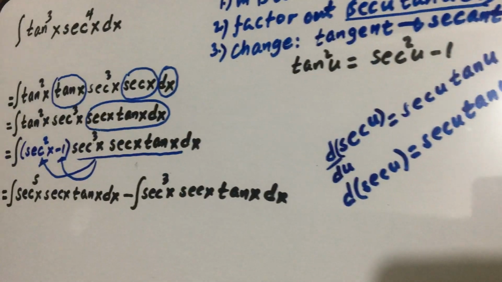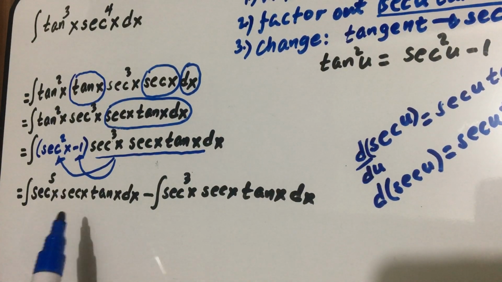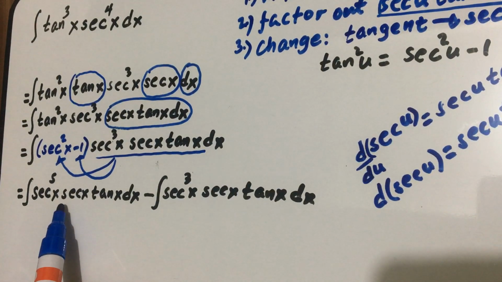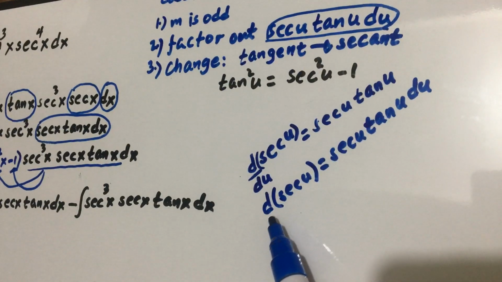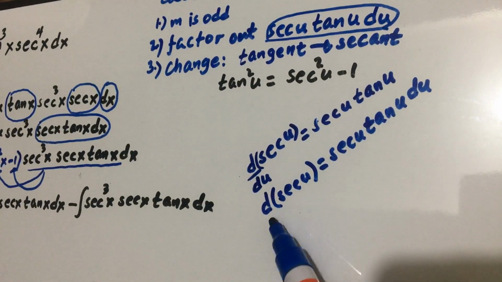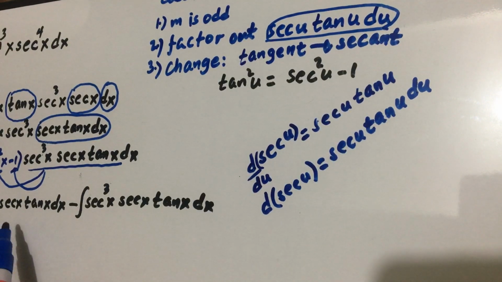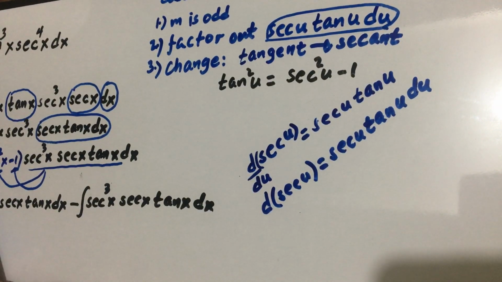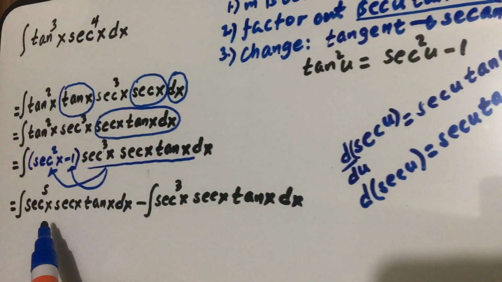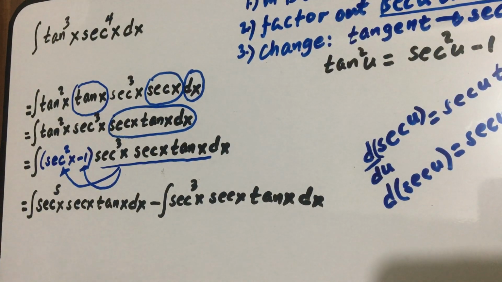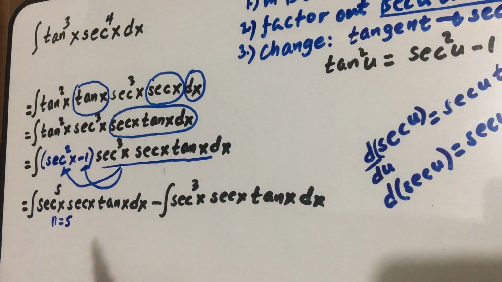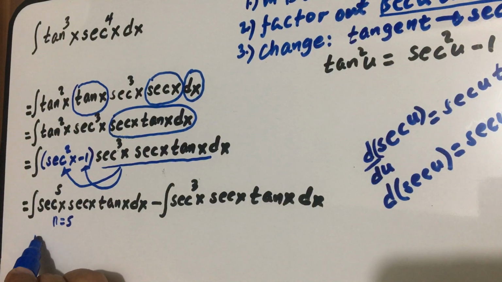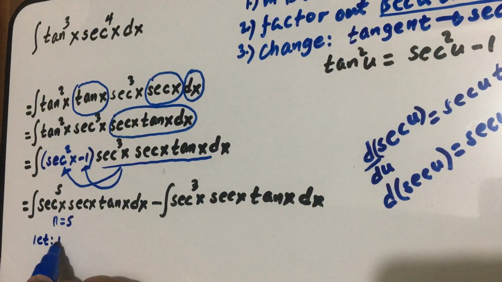So if you look at the terms here, you have these factors, class, secant x tangent x dx, and if you compare it to the formula, this is the du, no? The du of whatever is our u here. So for example, in this case n is equal to 5 for the first term, and then if you let u equal to